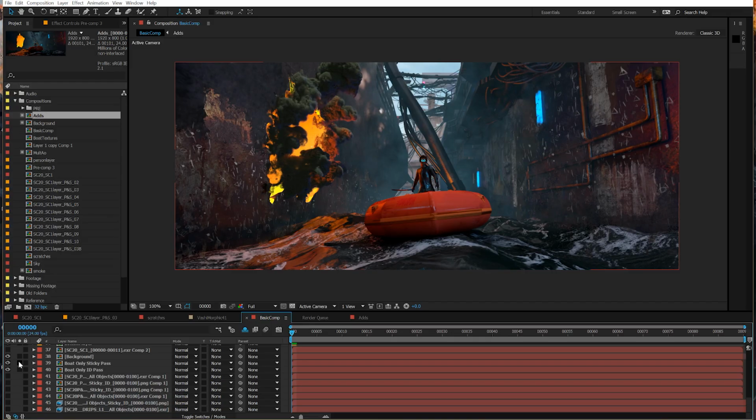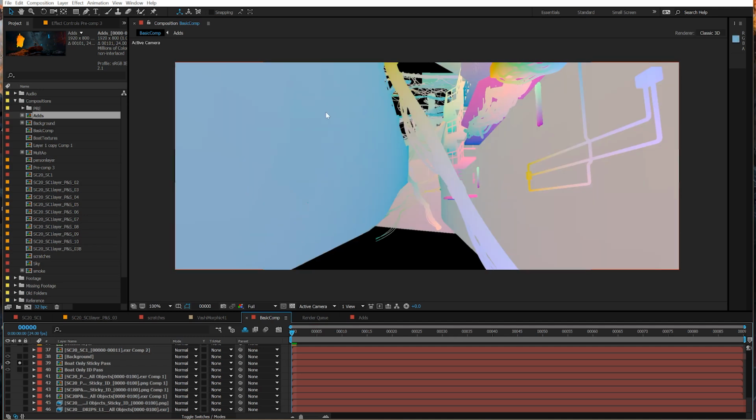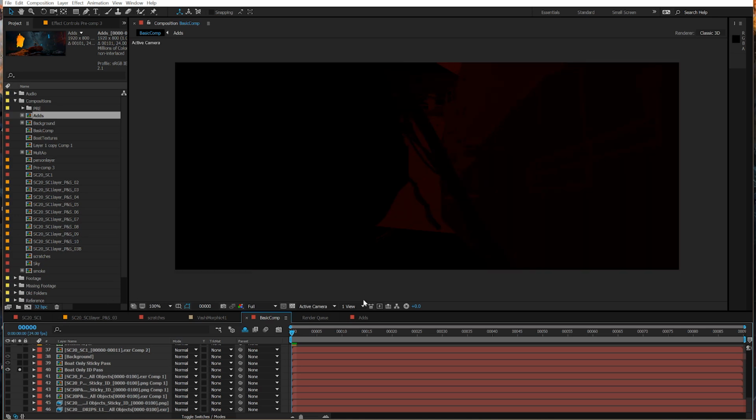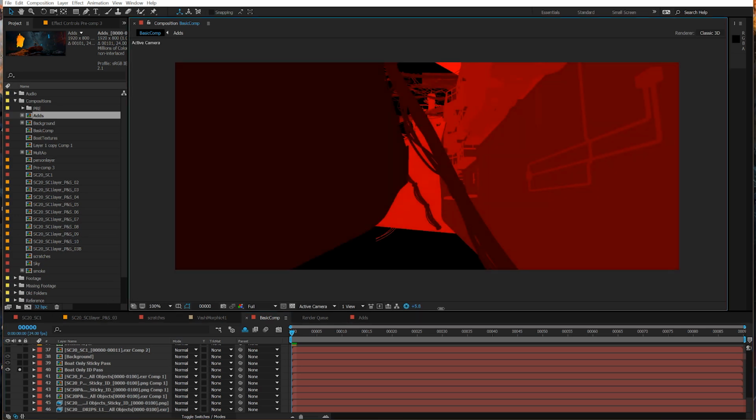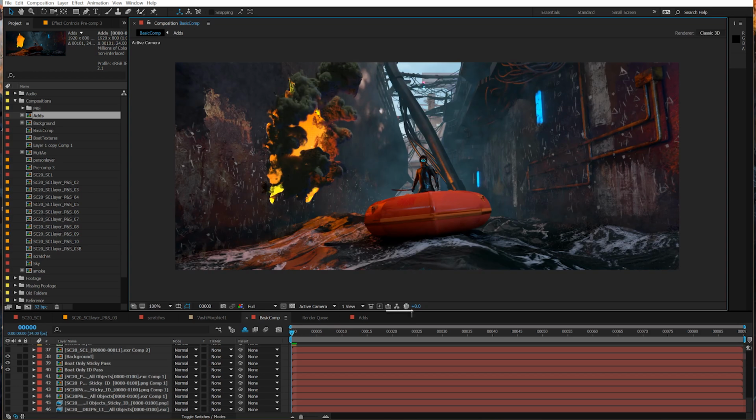One thing to make note of is a lot of this texture should appear behind this water and behind this boat. Justin used the paint and stick buffer system to render out a sticky pass with just the boat and just the wall. And of course he rendered the ID pass to match, which you can see if I crank up the exposure. I'll make a new solid,